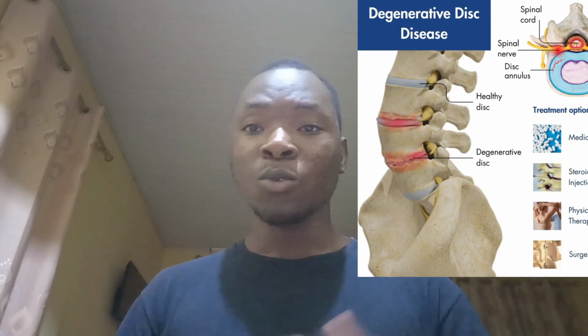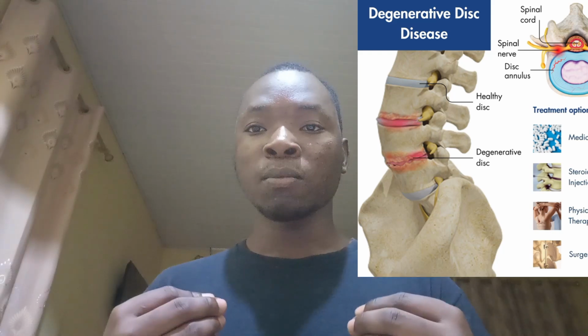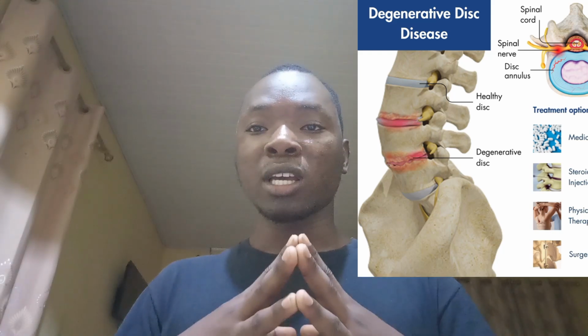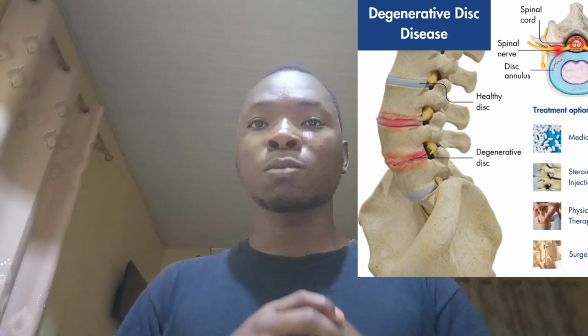Well, someone may ask, what is degenerative disc disease? This is a serious medical condition that occurs when the spinal disc deteriorates, leading to pain and then stiffness. The spinal discs act as shock absorbers between the vertebrae, talking about the spine. They lose their strength, their elasticity, and their height due to wear and tear of the disc. There are a whole lot of things that come into the wear and tear of the disc, and I'm going to take you guys through that.